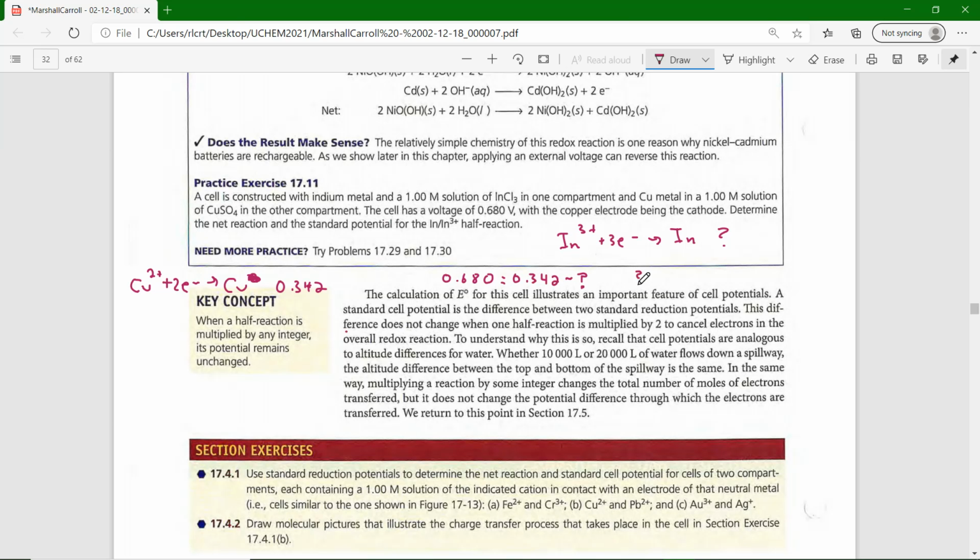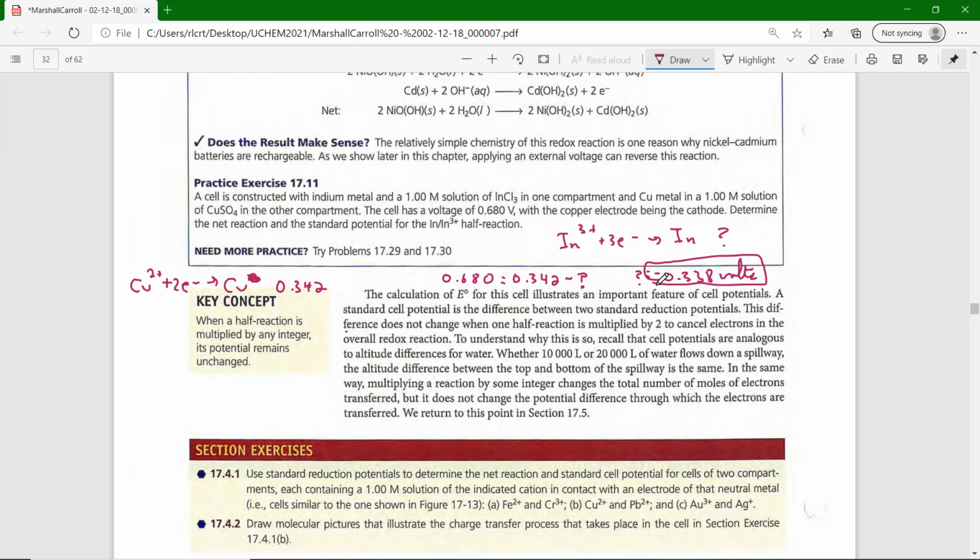So the indium value is 0.342 minus 0.680, which is minus 0.338 volts. So that is the tabulated value for the indium standard reduction potential, and is less than the copper 2+ standard reduction potential. Therefore,